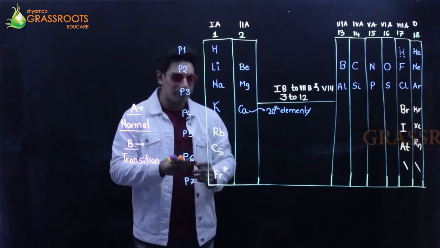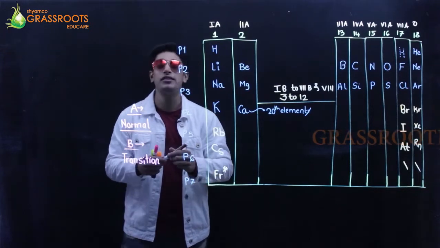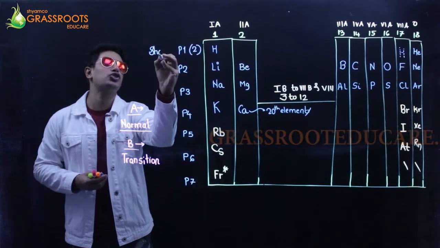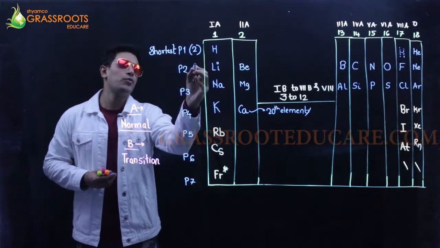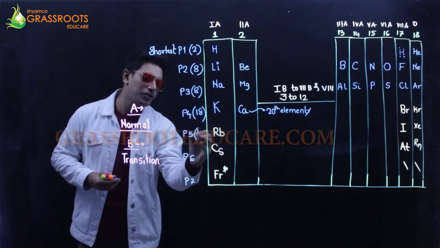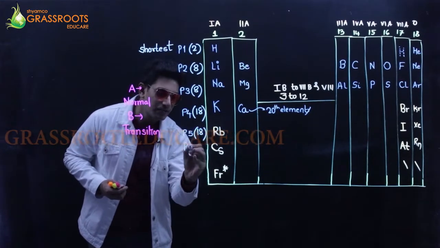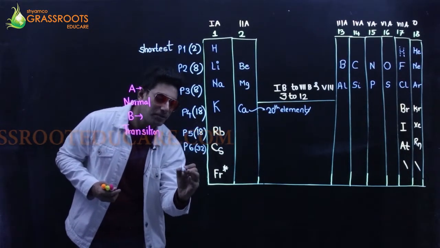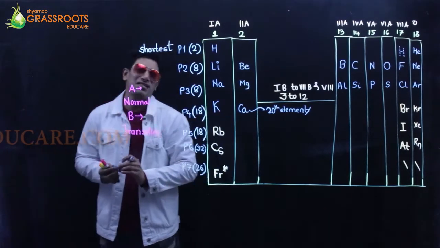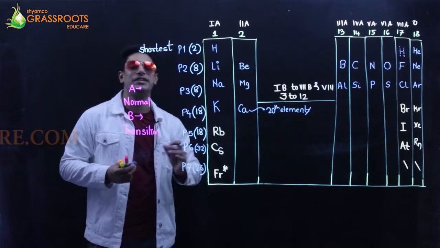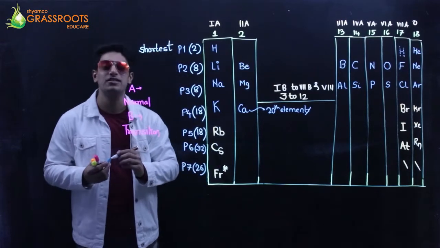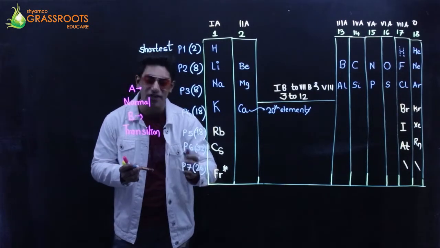After this, we're going to study the number of elements. In the first period, we have only 2 elements. Hence, we call it the shortest period. We have 8 elements in the second period, 8 in the third, 18 in the fourth, 18 in the fifth. Period 6 has 32 elements and period 7 has 26 elements. Now, this is a slightly antiquated sort of periodic table. However, even period 7 now has many more elements than what I have written.